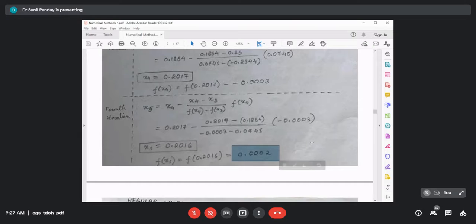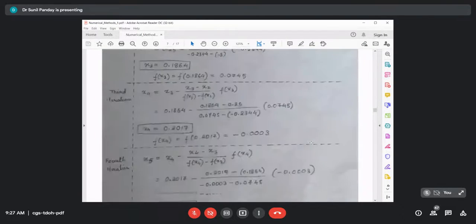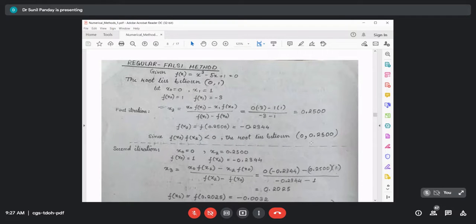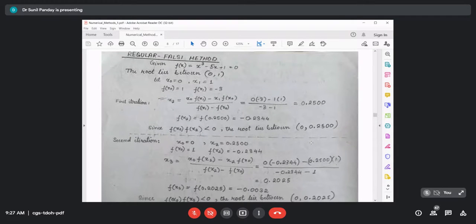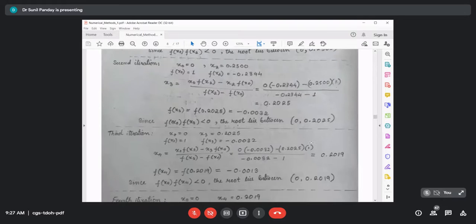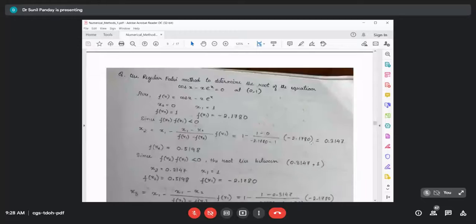You may also get something like 2 into 10 raised to power plus 5. This kind of result we will get using this method. But regula falsi is slow as compared to the secant method, but here we have a guarantee that after some 10 or 11 iterations we are going towards the root. So this is the advantage of the regula falsi method, but it is slow,